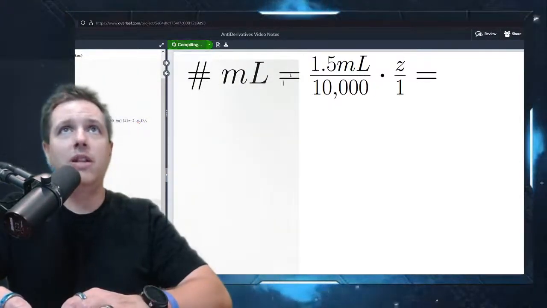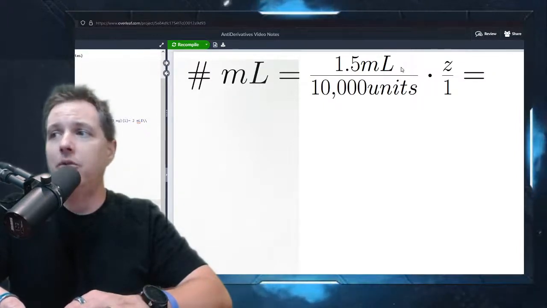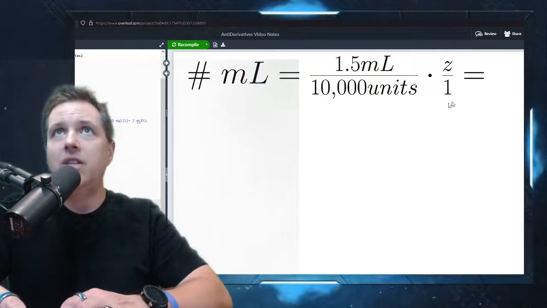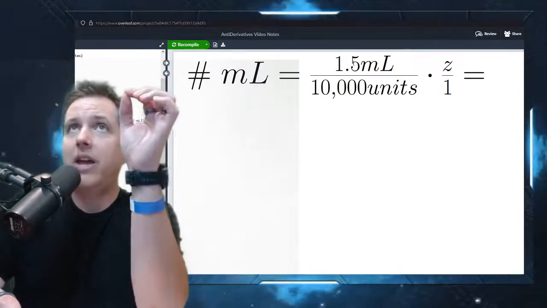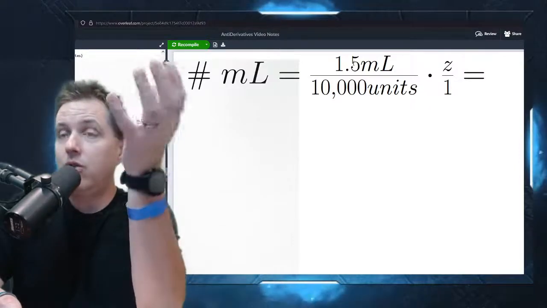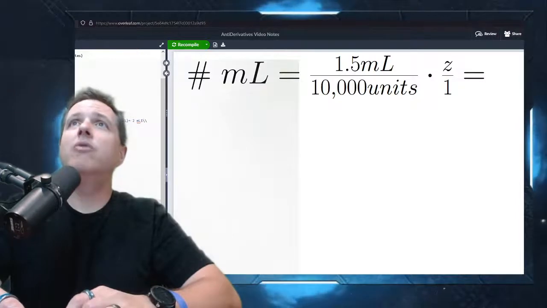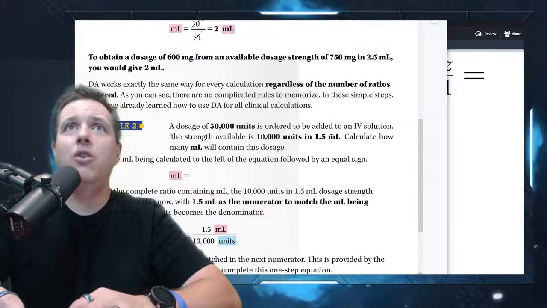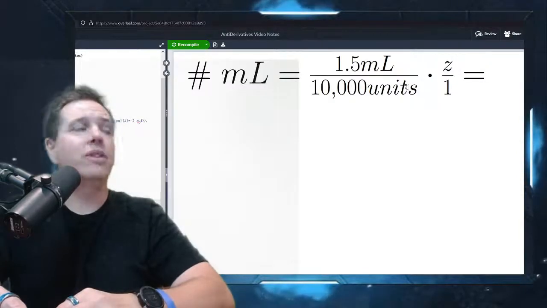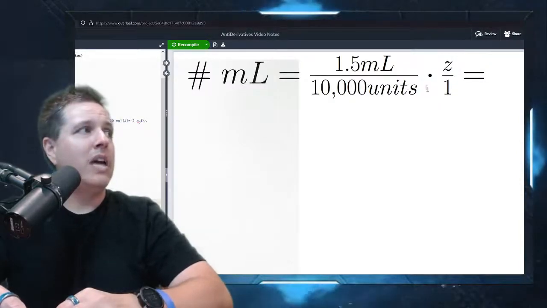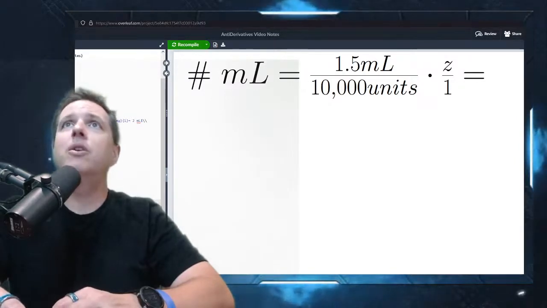Okay, so we've got the milliliters that we want. We know that's what we want. So we match it with milliliters on top over here. And then we've got the 10,000 units. This is giving us the strength that we're given from the bottle, from the label. And then we're still missing a piece. We need to know a dosage of 500 units. See how units is on the bottom. That means in this fraction, we want units to be on the top. So I'm going to put in there